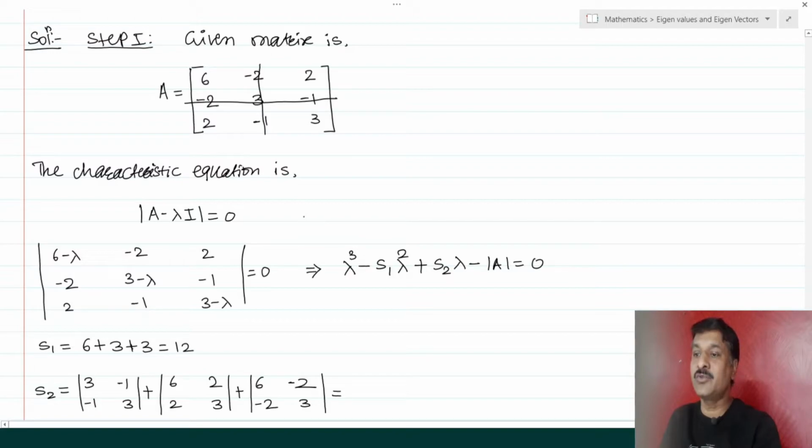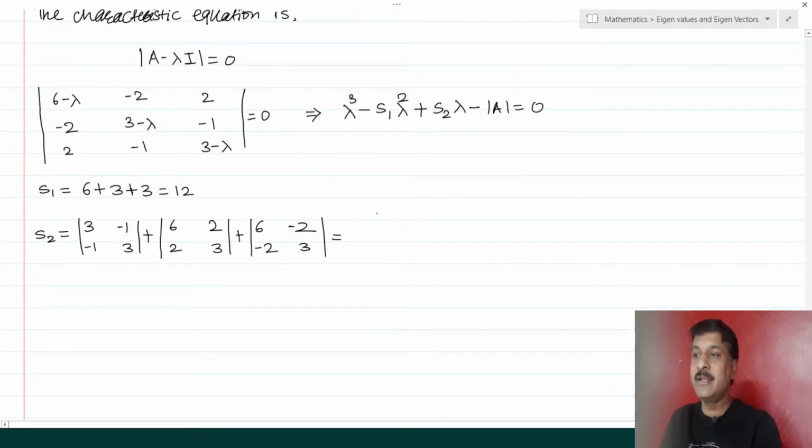So 6 2 2 3, and delete this row and this column for the third diagonal element. So 6 minus 2 3. So that is equal to, I am getting 9 minus 1, it is 8. 18 minus 4, it's 14. And 18 minus 4, it's 14. And that is equal to